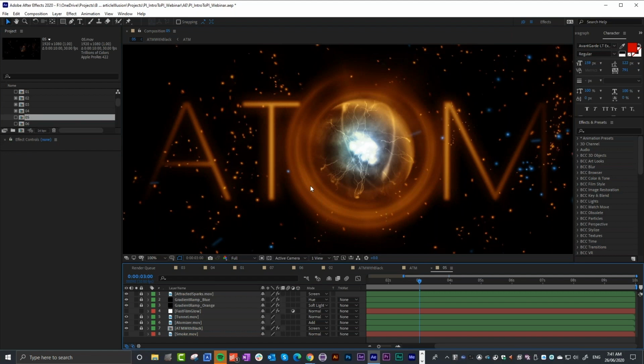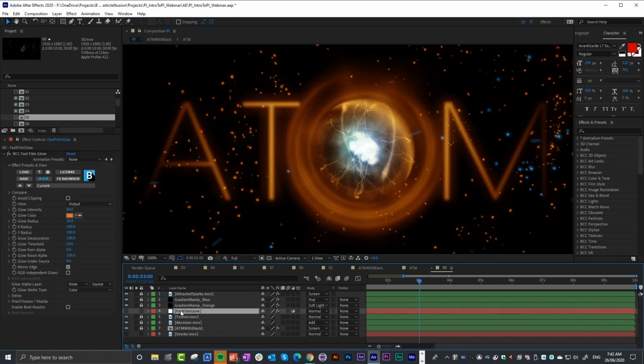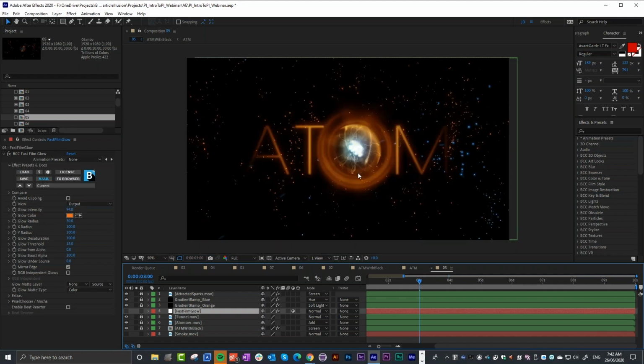So really from here, it's just tweaking and enhancing and refining. Usually in any of my projects, I often take it too far and then I delete layers because an earlier version was probably better. And I play around with a lot of different things, with glows, with lens flares, all kinds of things to enhance it and finish the look. In this case, I've used an adjustment layer, and I've used BCC Fast Film Glow. It's a really nice, beautiful filmic glow. I just turn that on,